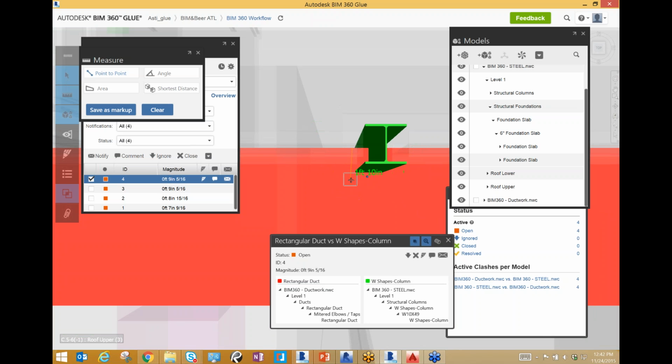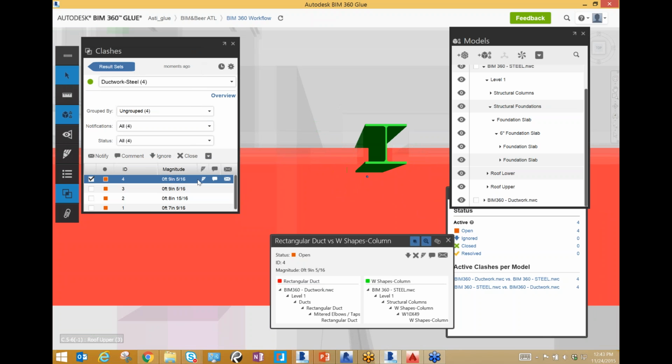Okay, yeah, we'll stick with 2 feet. That should be fine. Okay, so now I'm going to create a markup in my Clash module right here by just clicking on the pencil, and then I'm going to